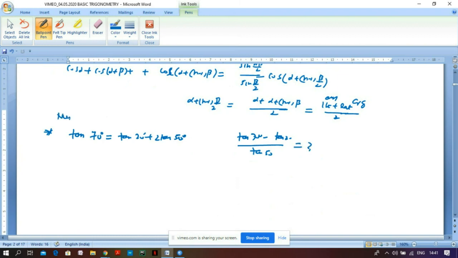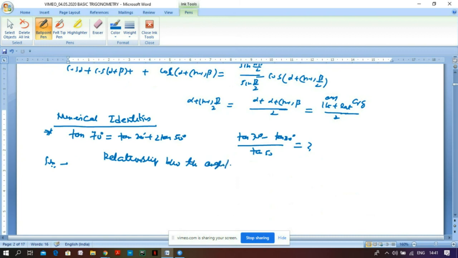So I will call them numerical identities, in which some angles and numbers are given and you are asked to find some value. So of course, you want to find (tan 70 minus tan 20) upon tan 50. Now, the motivation should be that you have to find the relationship between angles. So try to find a suitable relationship between the angles involved, or between the arguments involved. The argument of tan is 70,